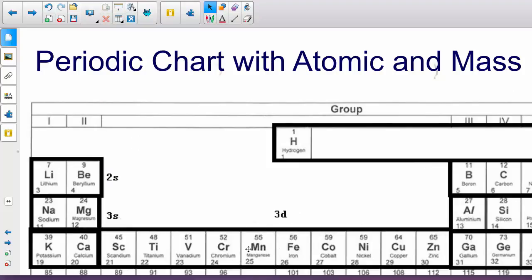You can see that the chemical symbol is Mn. The atomic number, that is the number of protons, is 25. And if we look at 55 up here, that is the mass number,